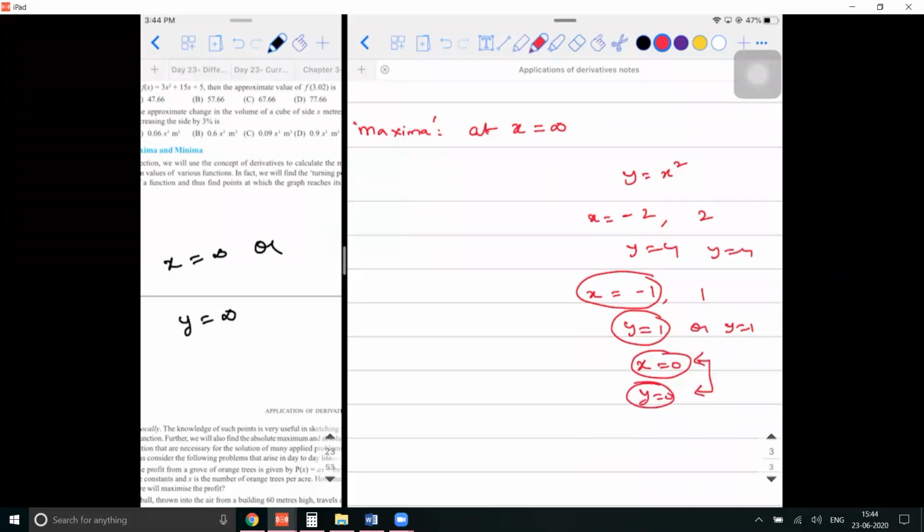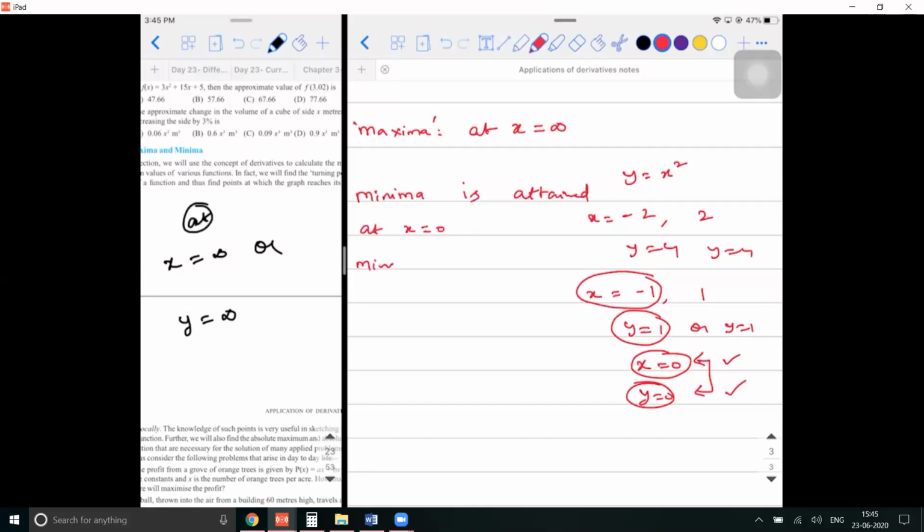So the minimum value, I'm repeating it again, listen: the minimum value is attained at x is equal to 0 and the minimum value attained is 0. Are you able to understand? If I use the preposition at, you're supposed to tell me the x value. If I ask what is the minimum value, then you're supposed to tell me the y value, which is nothing but the function value. Are you able to understand this? So the answer to this question is minima is attained at x is equal to 0.